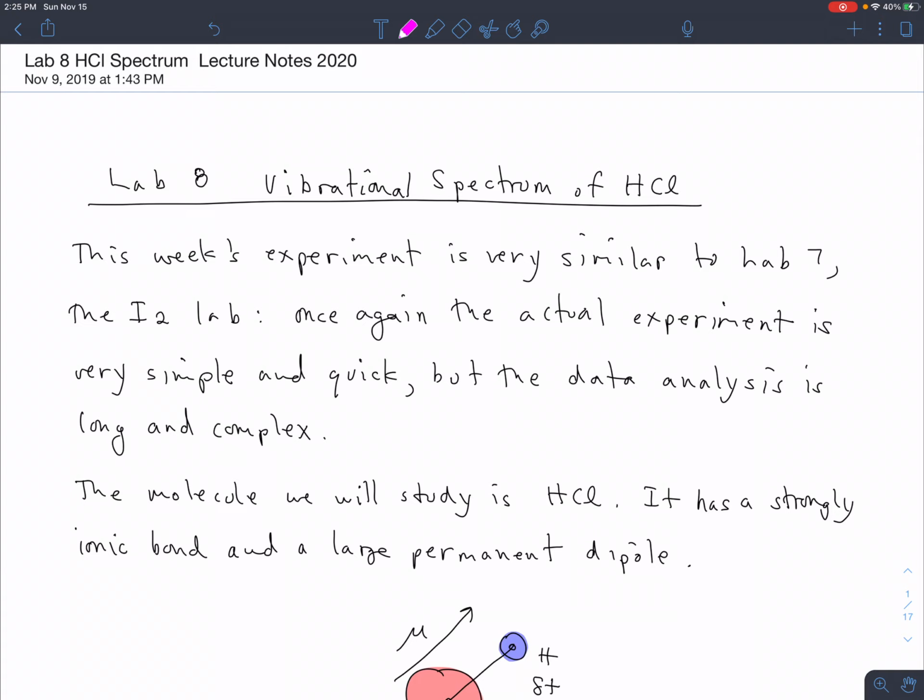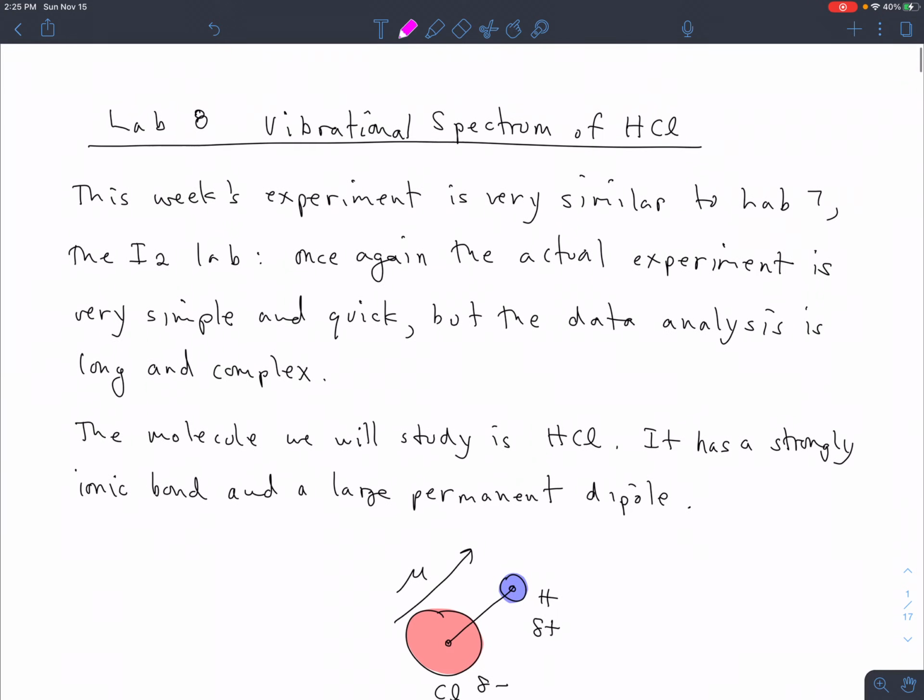We would have filled a gas cell with HCl using an apparatus, and then taken a spectrum on an IR spectrometer. That's not nothing. It would have been useful to be able to do that, but all right, we are where we are. All right, so this time we're looking at the vibrational spectrum of the hydrogen chloride molecule, HCl, and